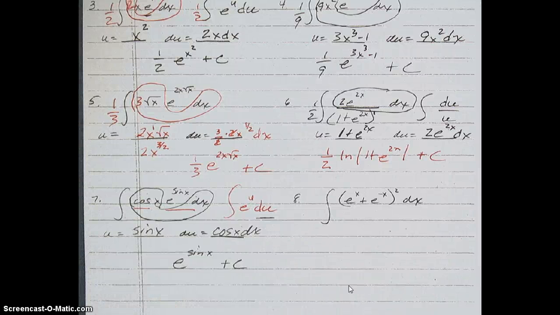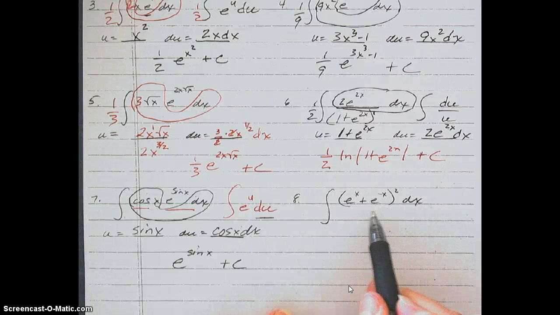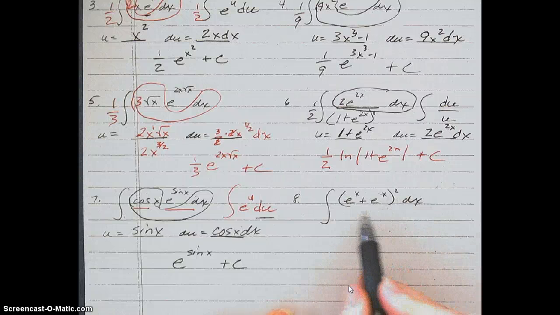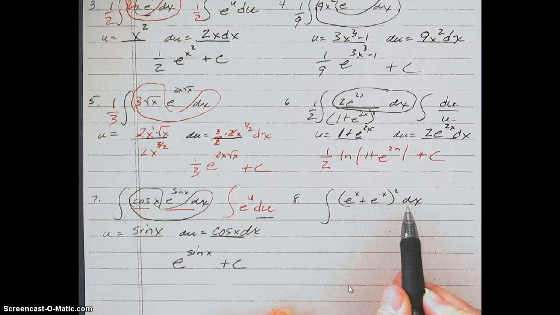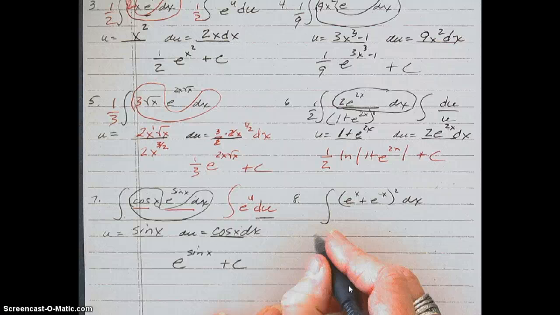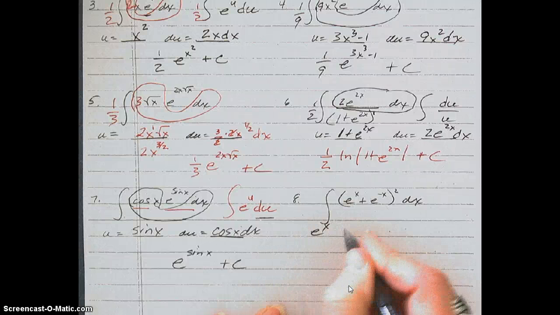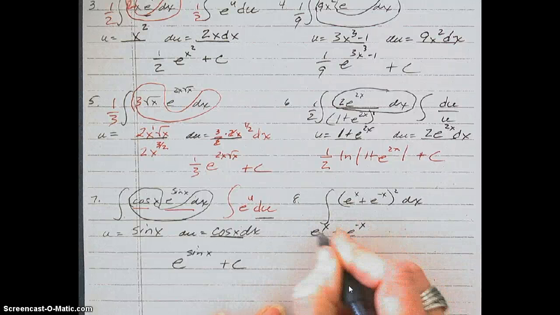In number 8, when we have something to a power, we could treat this to a power and make it to the third power all over 3 if we had du. But what is the derivative of u? E to the x plus e to the negative x, and I don't have that. So on this problem, we're actually stuck with having to multiply this out